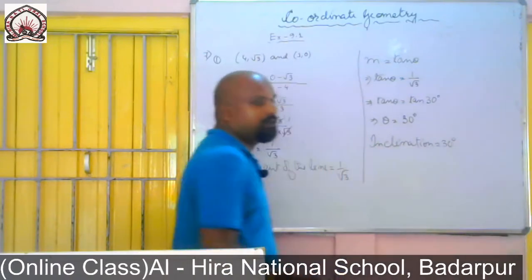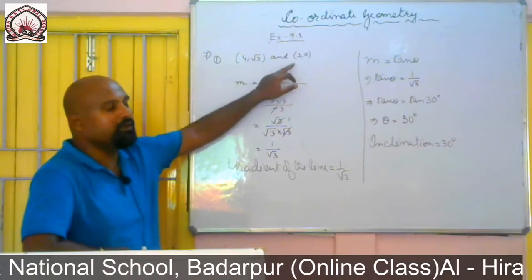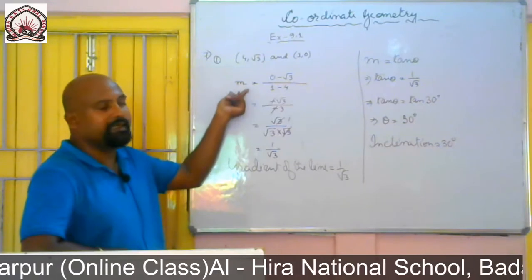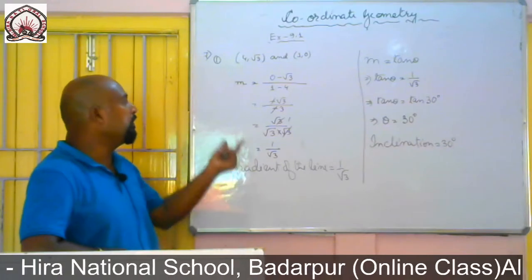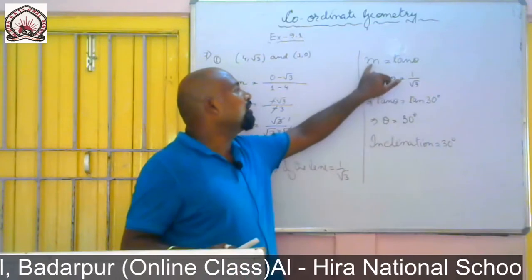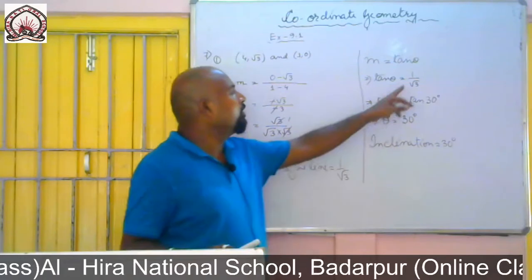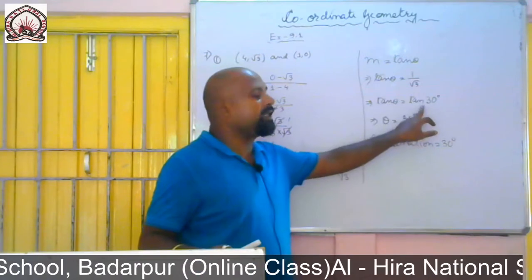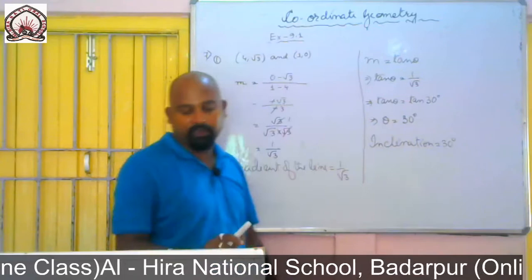Okay. Now from this, when two coordinates are given to you, change in y coordinate divided by change in x coordinate, we are getting the slope of the line, or that is the gradient of the line. Now when we have found out the value of the gradient, then we know gradient equal to tan of the angle theta. The value of m we have found out is 1 by root 3. Now we know tan 30 equal to 1 by root 3. Then theta equal to 30 degree. So inclination we are getting 30 degree.